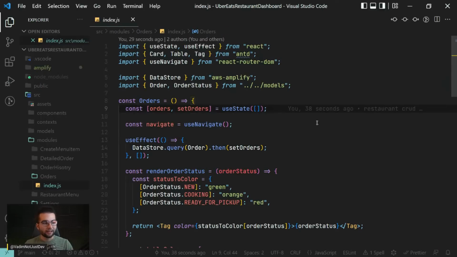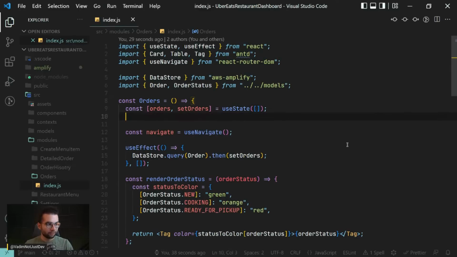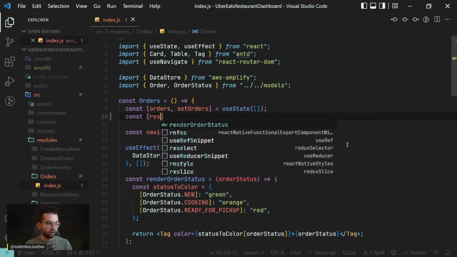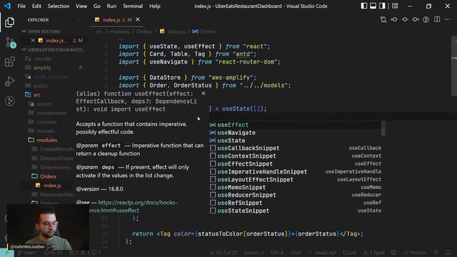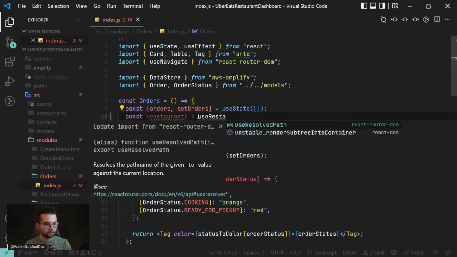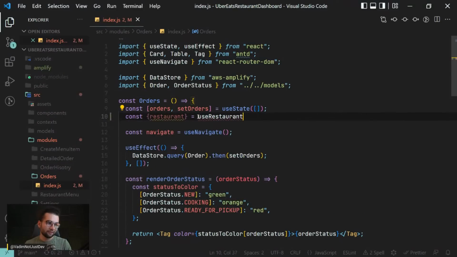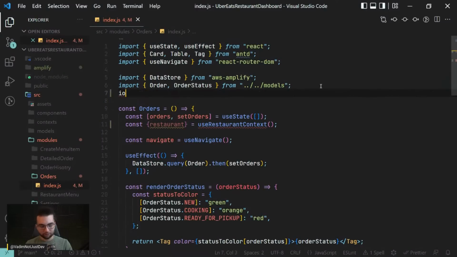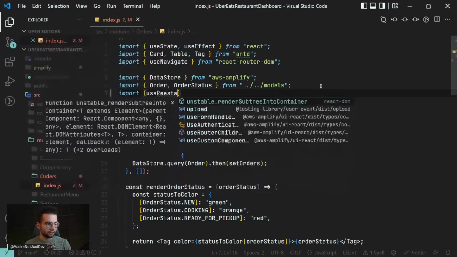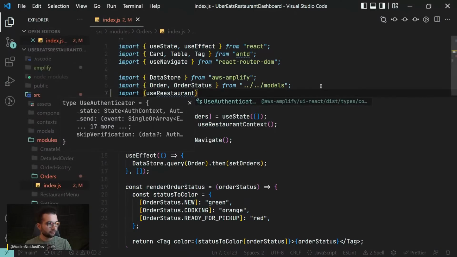Now that we are tracking and managing our restaurant in the context, we can simply get the restaurant, not like this, but destructuring with curly brackets from the use restaurant context. Let's try to import it. It doesn't want to import automatically, but we can do it here. Import use restaurant context